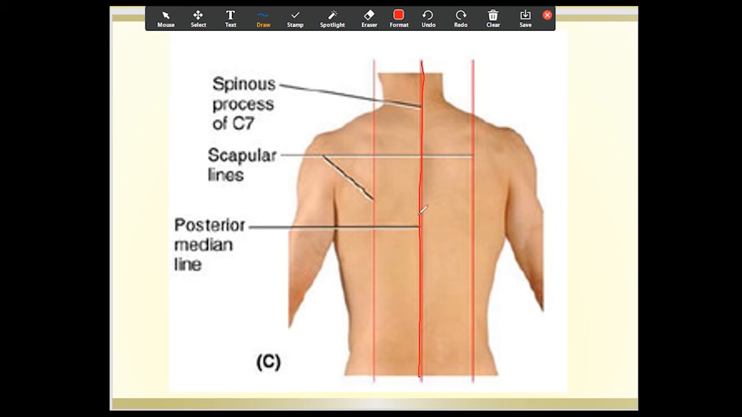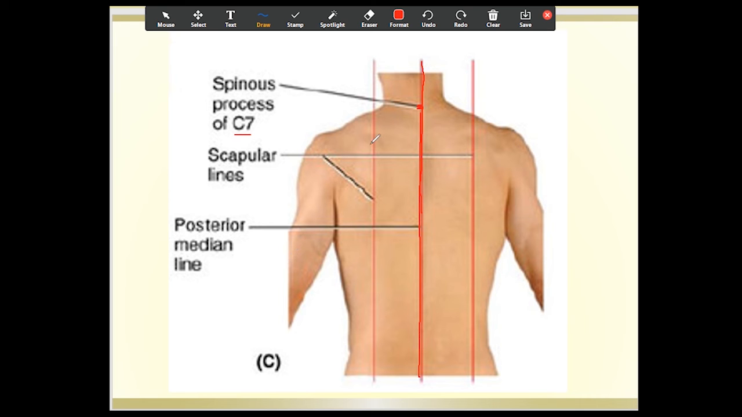The posterior middle line passes along the spinous processes of the vertebrae. So that's just to give you an example here: C7. They will pass all of them. And then